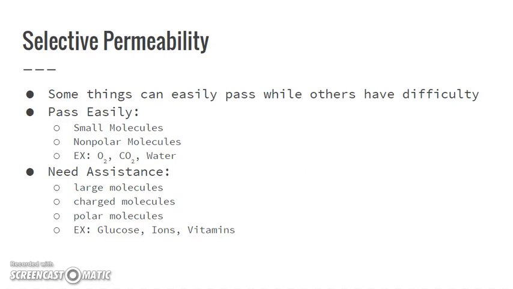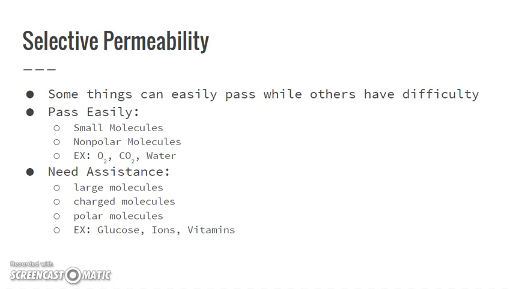So our whole plasma membrane is selectively permeable. What that means is some things can pass while other things have difficulty. They're kind of like a gatekeeper or a bouncer at a club. If your name is on the list, you're getting in. If it is not, you are not getting in. And that is how the plasma membrane works. If you have certain properties, you can cross the plasma membrane very easily. You get by on that lipid bilayer very easily. If your name is not on that list, you have a whole different way you have to go through, and